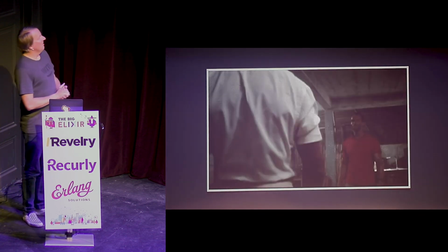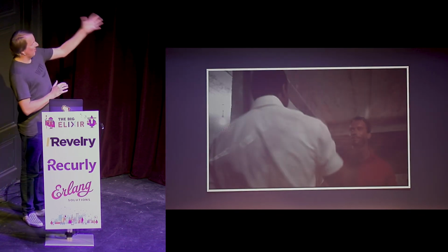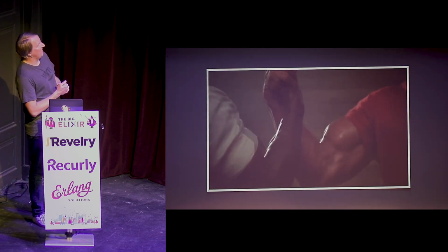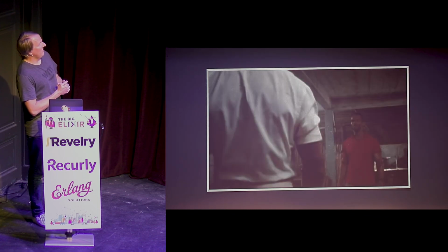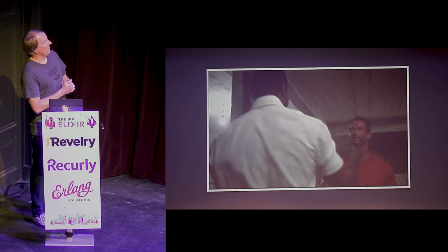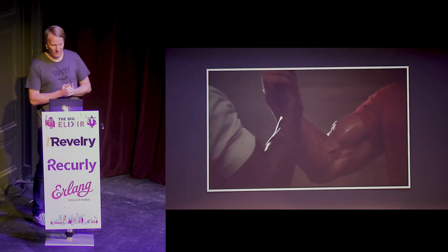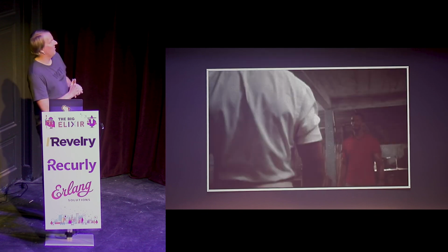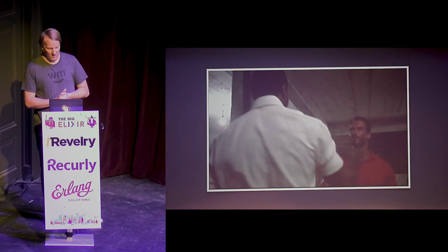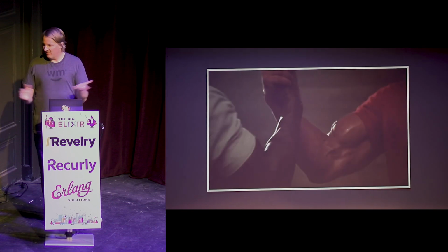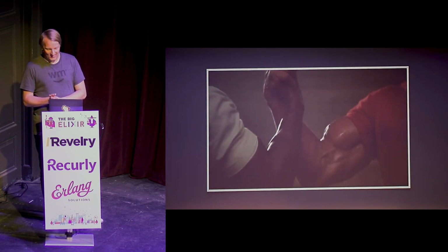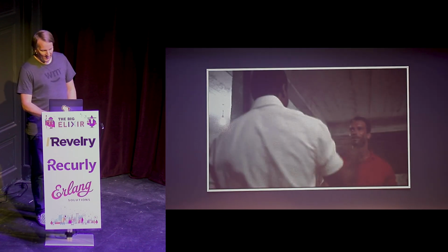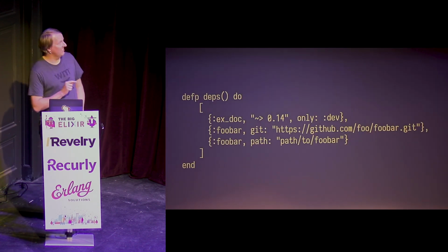So I like to think of mix as Carl Weathers, and Hex is Arnold in this case, and they're always really happy to see each other. And incidentally, I found there's a really crazy amount of Carl Weathers GIFs when you look for teams on the internet. For some reason, Carl Weathers is the person that shows up the most. So yeah, I don't know why, but Carl Weathers is apparently a really good friend. And as far as I know, he knows how to make a heck of a stew.